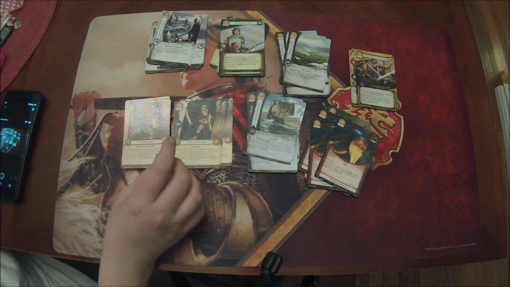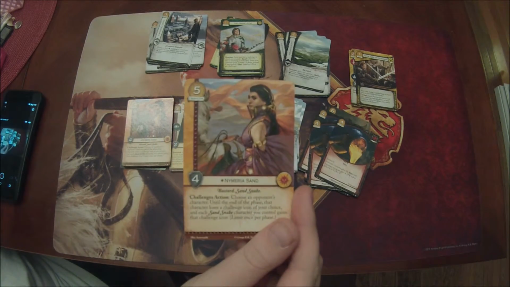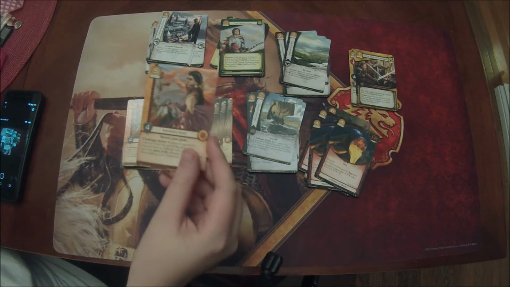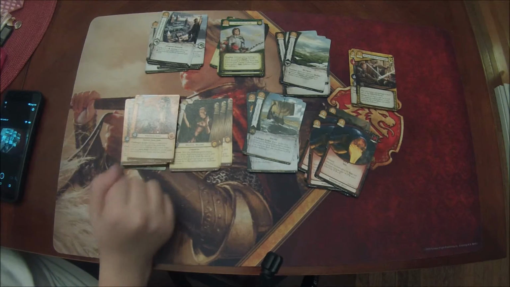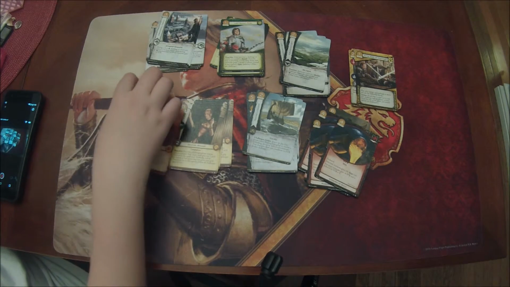Now we're into the Sun side, which has some crazy cards. So Nymeria Sand, she's a 5-cost character, no icons, 4 strength, unique, Martell, non-loyal, Bastard, and Sand Snake. Challenges action, choose an opponent's character until the end of the phase. That character loses a challenge icon of your choice, and each Sand Snake character you control gains that icon, which could be pretty good if you've got Obara Sand, because she's a Sand Snake,